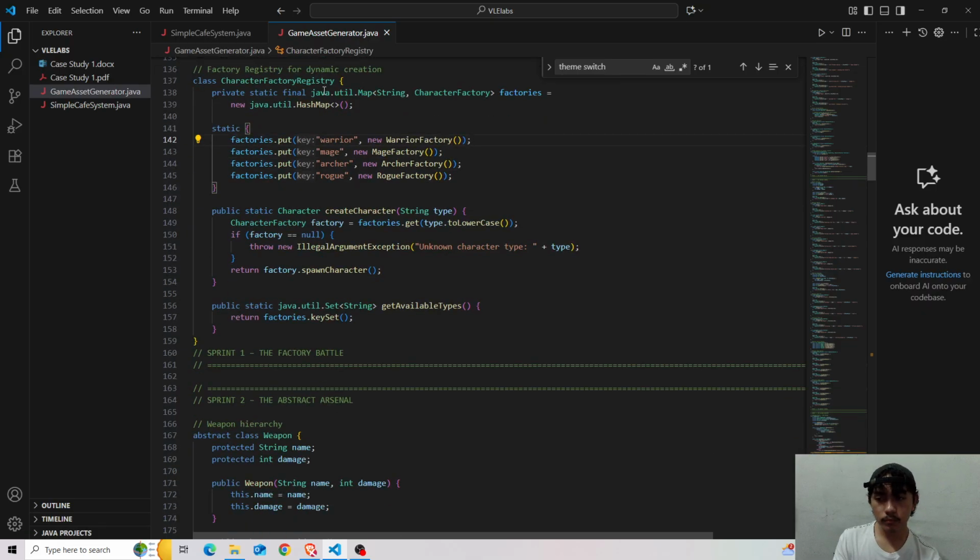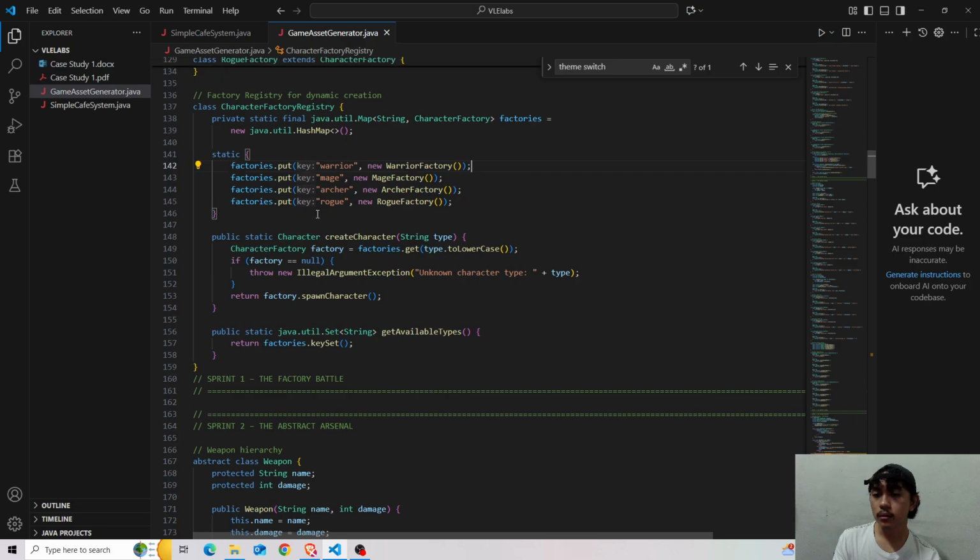Okay. So the public static character, we have a new method here from our character abstract class, in which we create character. So character factory equals, so from the character factory we assign it to our factory variable, which equals factories dot get.